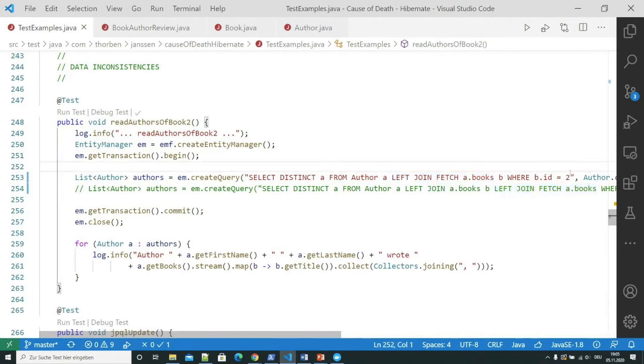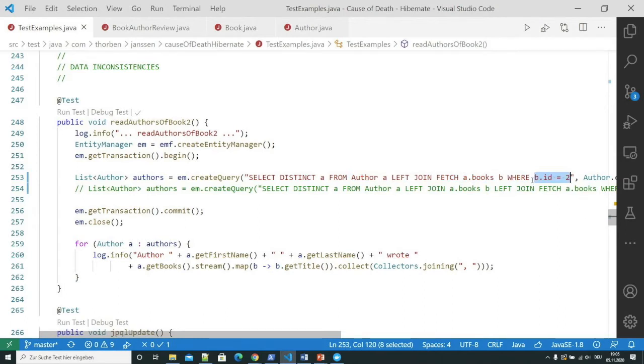Well, what then quite often happens, especially in JPQL, is that someone says, okay, I want all authors who have written a specific book, and I want them with an initialized list of their books. So they start writing a query that selects authors from the database. They start on the author entity, left join fetch books, and say, well, we don't need all of them. We just need the ones that wrote the book, let's say with the ID 2.